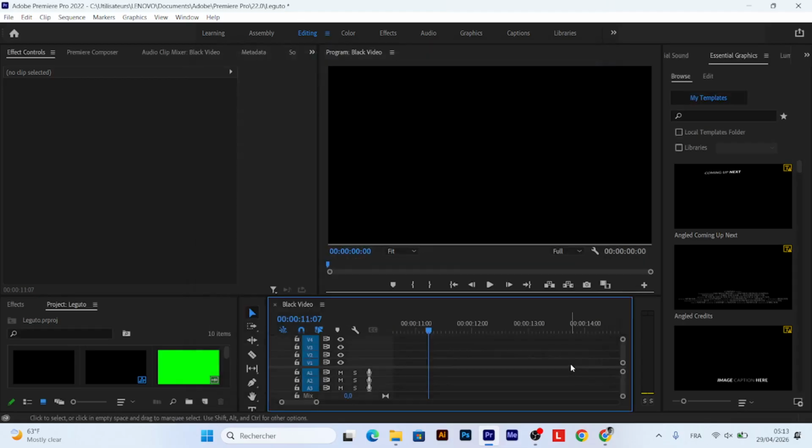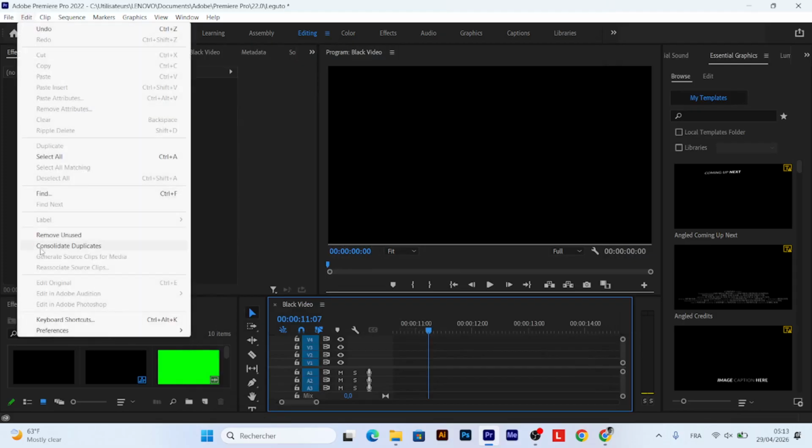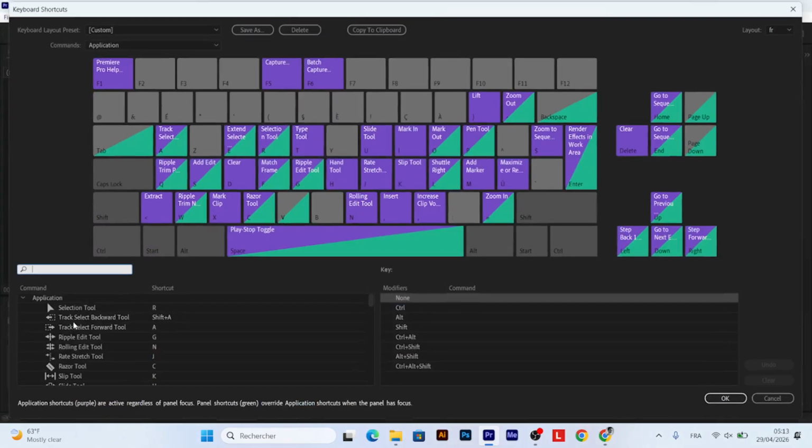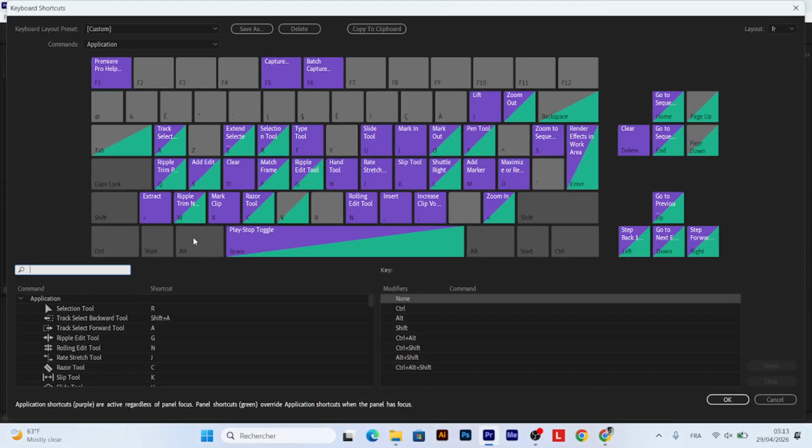If you want to open the settings of your keyboards or hotkeys, just go to Edit and go to Keyboard Shortcuts. Just open it and we'll be fine. Now here are all the shortcuts, and you can change what you want. This is the settings of your keyboard in Adobe